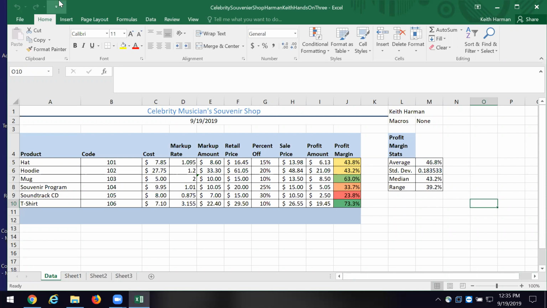You say, okay, well, I'm going to click first of all here in cell A4, and how is it that I know that I've got blue fill in bold using Calibri font, size 11? How do I know that? Okay, it says that in the very top up in the ribbon. You say, what's the point?